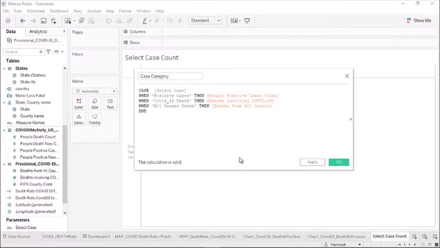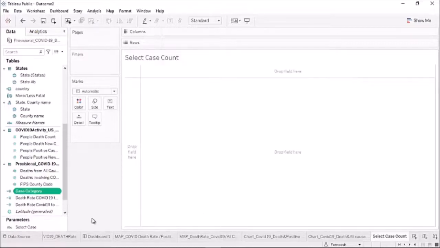Okay, now I click on OK. It is my calculated field. Now I am going to drag case category to rows,